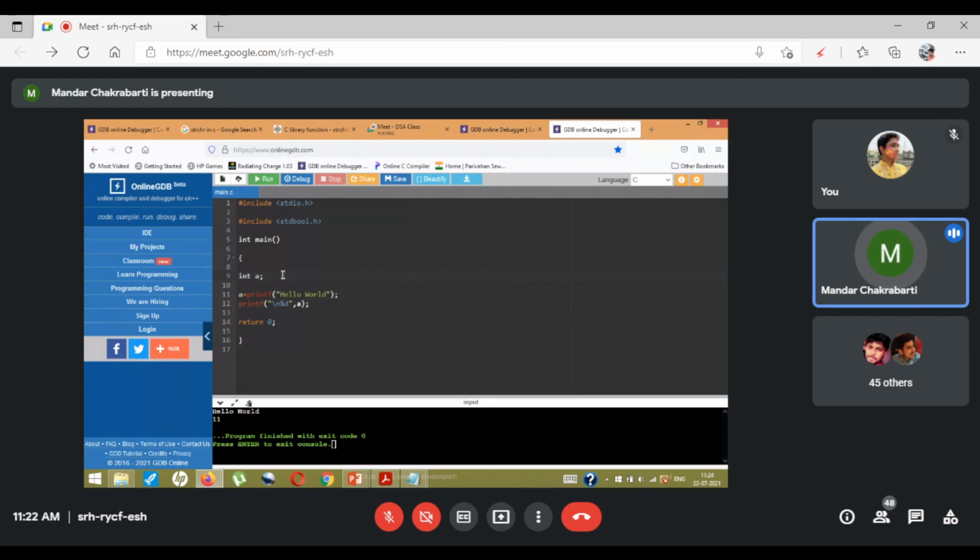What they did was something like this: a equals printf 1 plus printf 2 plus printf 3, and then they asked what is going to be the output.